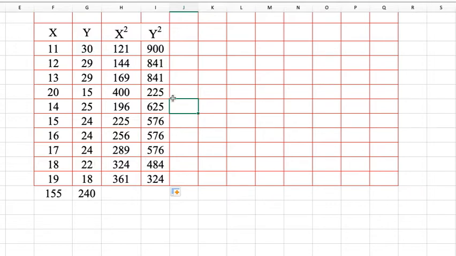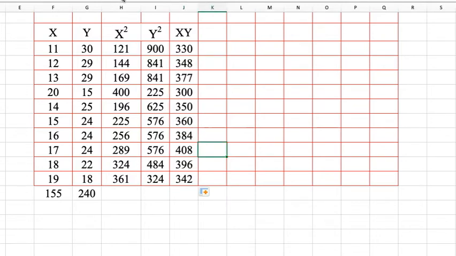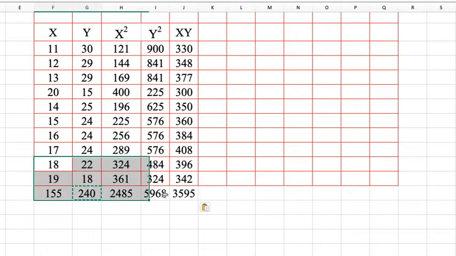Fine, then we are going to multiply X and Y. So this is the multiplication of these two variables, that is X and Y. So now we are going to multiply these two variables, equal to this X into this Y, bracket close. So we are going to get all the figures here, the multiplication of these. So here is the result, right? After that we are going to find the total of this. So better copy here, paste here and paste here. So we are going to get the total figures, right? These total figures are now here.